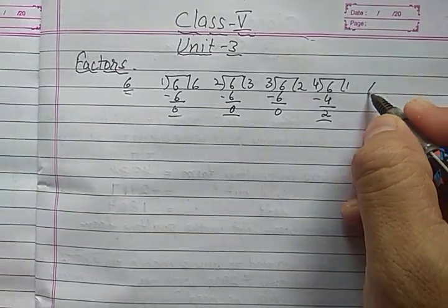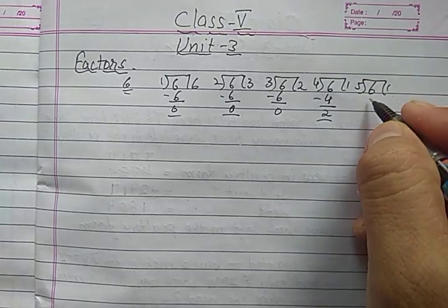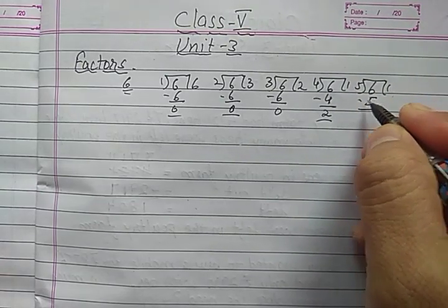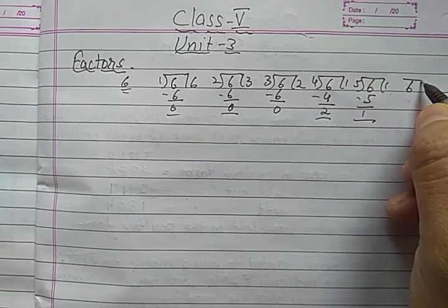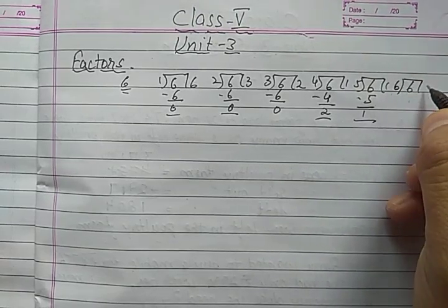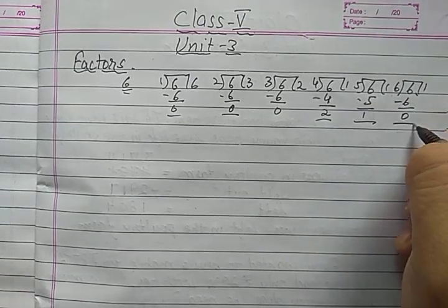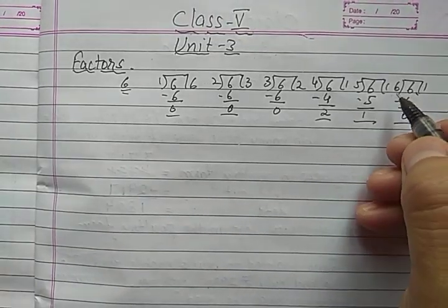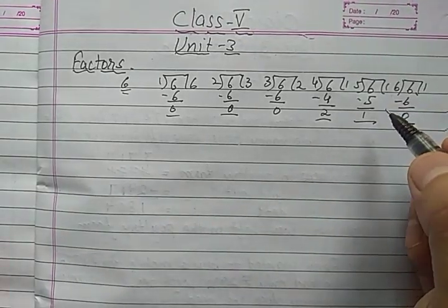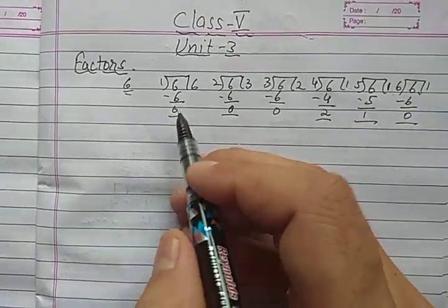Then we will divide this 6 by 5. Now 5 1s are 5. 5 2s are 10, which is greater, so the remainder is 1. And then 6 divided by 6. 6 1s are 6. Remainder is 0 again. Now we can't divide with a number greater than 6. So the numbers